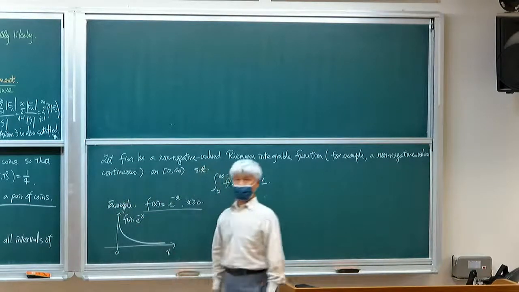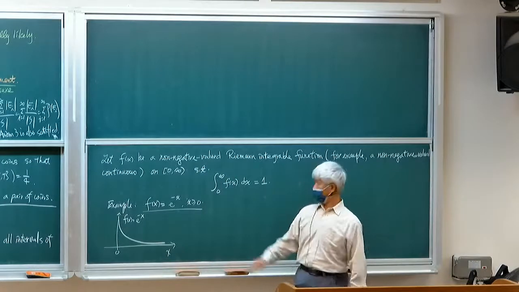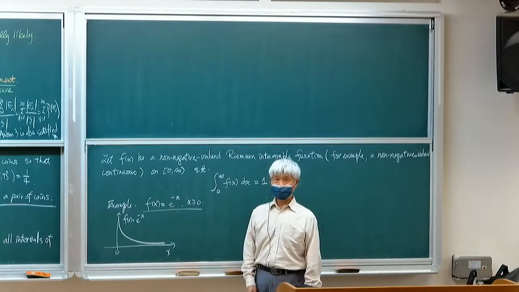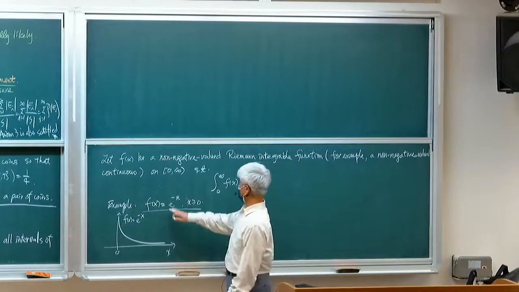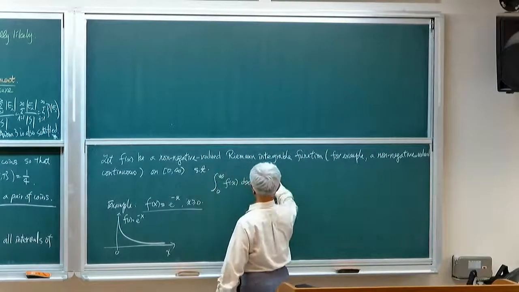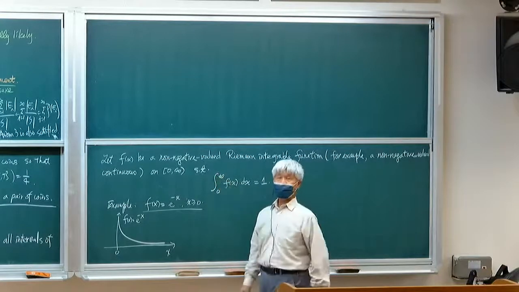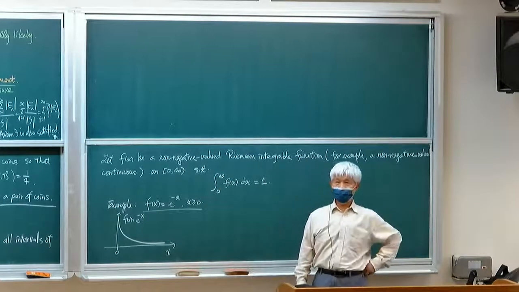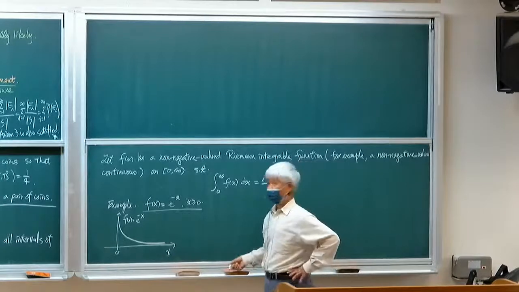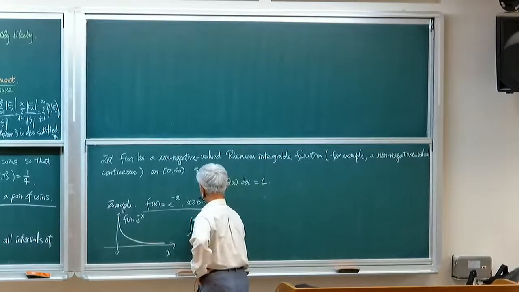So it's non-negative valued, and it's continuous. Okay, and so that it is Riemann integrable. All right, and this improper integral is equal to 1. How? Why? Well, if you take the